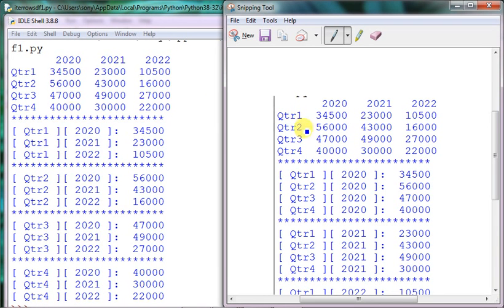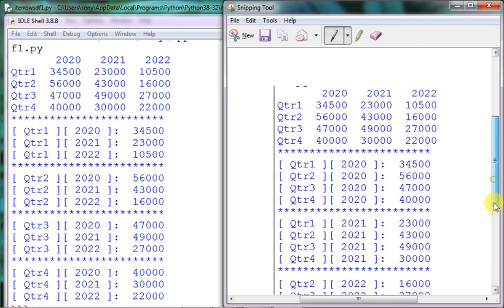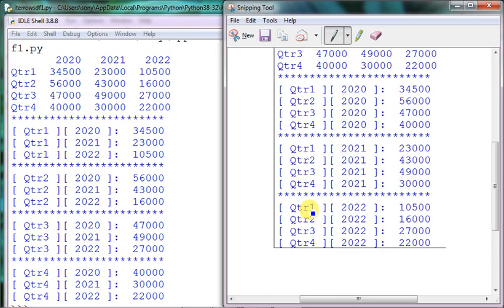Now you see how it appears when the row series is taken. The row series taken means QTR1, this row has been printed. But when we take the column series, how does it come? This is the data frame and the column series has come in this way, 2020. All the column elements have been printed over here. All the 2021 for Q1, Q2, Q3, Q4 have been printed, and so on. Up to here you can see QTR1, QTR3 for 2020, and for 2022 also it has been printed in this way.